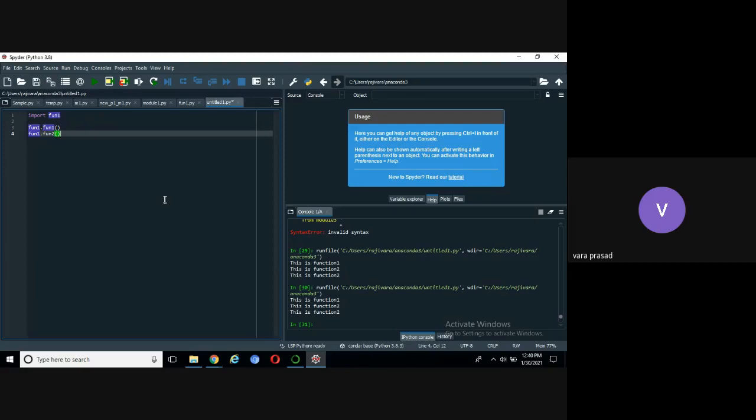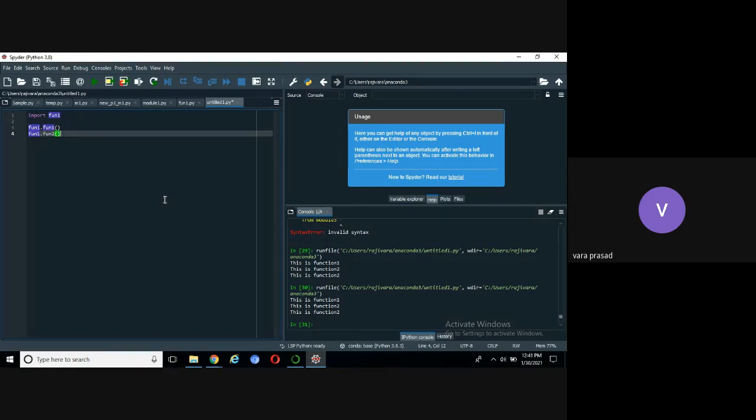Why? If the directory contain a special program that is underscore init underscore dot py, that directory is called package. Please try to understand. All Python packages are directories. All directories are not equal to Python packages.